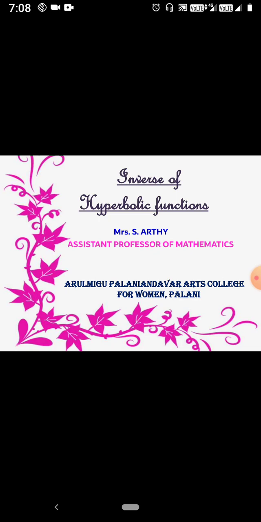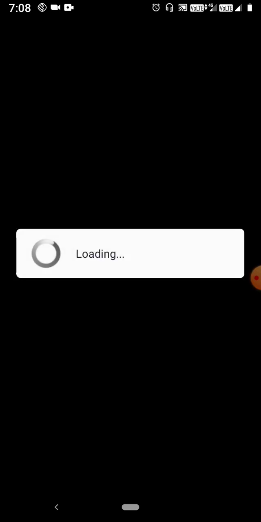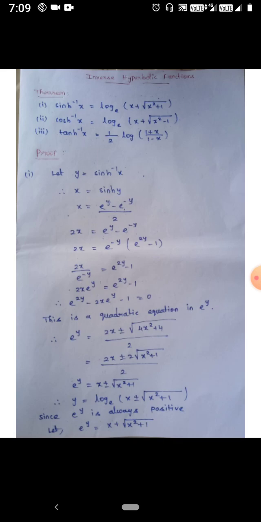Now we are going to discuss the inverse of hyperbolic functions. Let us discuss one result in this topic. The statement is: sinh inverse of x equals log base e of x plus root of x square plus 1. The second one is cosh inverse of x equals log base e of x plus root of x square minus 1. And the third result is tanh inverse of x equals 1 by 2 log of 1 plus x by 1 minus x. So in order to prove this,